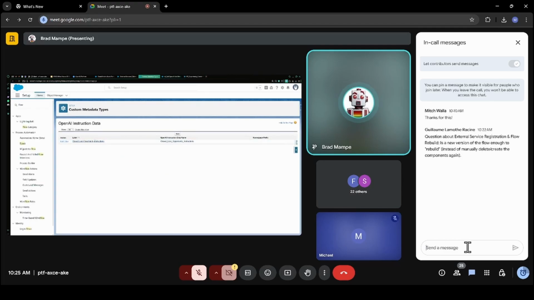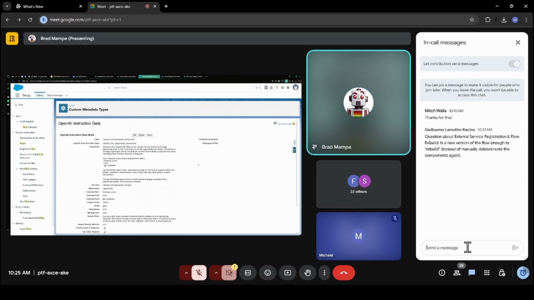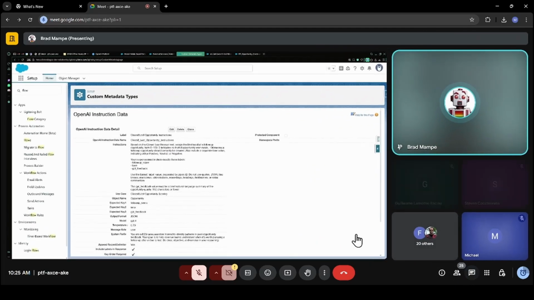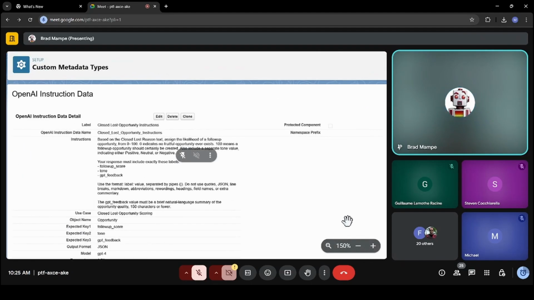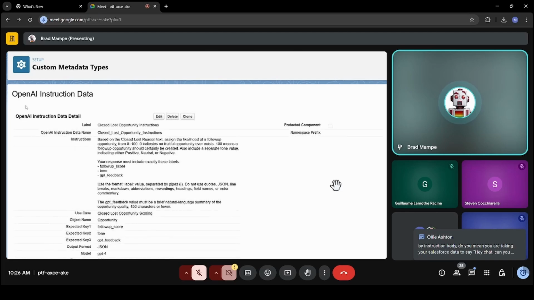But before we finish up and continue on with questions, let's talk about the custom metadata itself. This is not necessarily comprehensive, but what I did is I asked GPT and I said, I have no idea what you are expecting in an API call. Can you tell me more about the entirety of instructions that are there? And from that input, we built the entirety of the custom metadata object to handle these kinds of use cases.